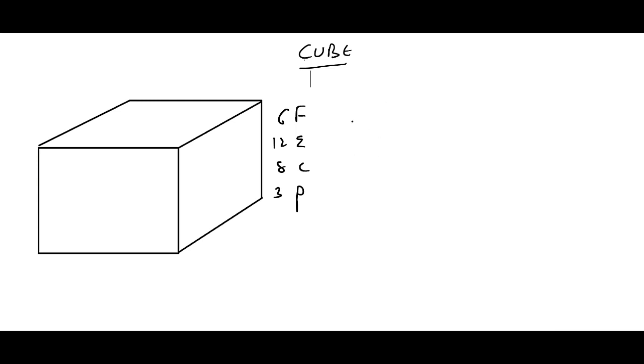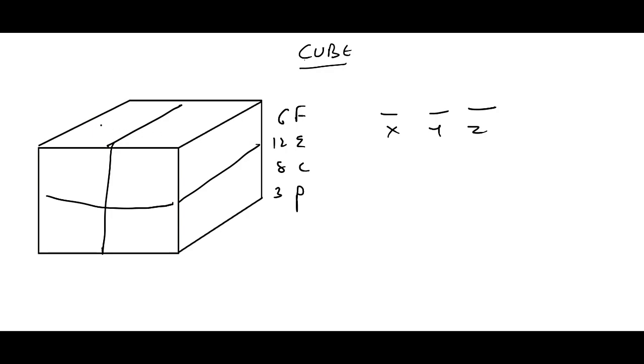Now let us assume that there is a large cube and I have to cut this into small and identical pieces. Whatever cuts I make, I will make the cuts only on the planes. That means you have to make cuts only on these 3 planes. No diagonal cut or any other cut is allowed. So a larger cube needs to be cut into small identical pieces. So in how many ways can we cut this cube?